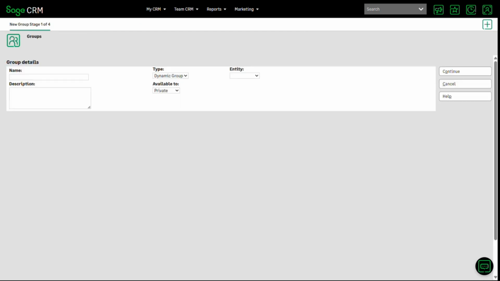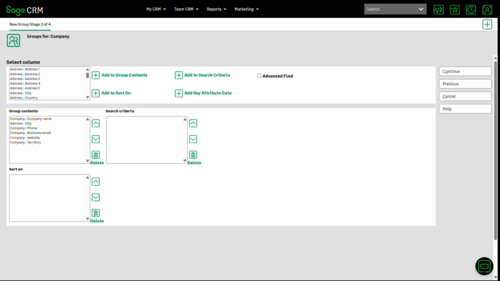This is the group screen. I need to give it a name, choose the type, choose the entity, which is what I've got here as well. And I've started the process of creating the group. By default, it drops in a set of fields which it thinks is the output. But what I need to do now as well, though, is to look at the idea of using the advanced